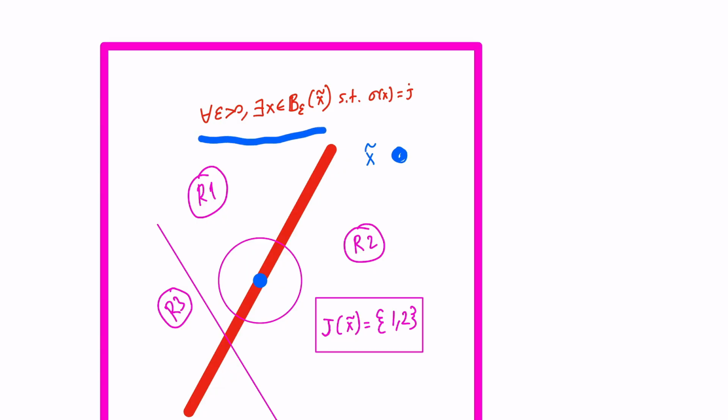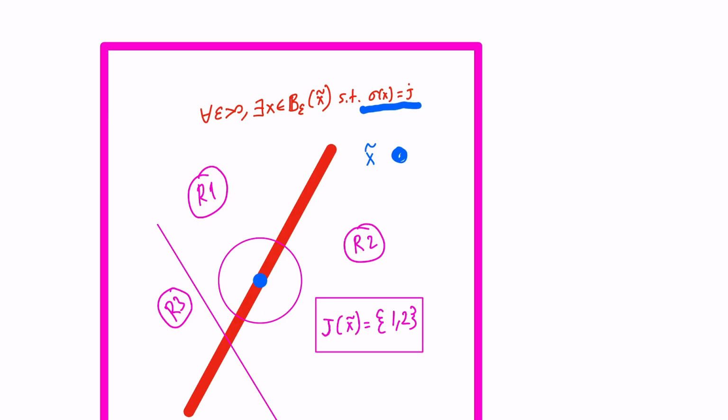That expression basically tells you there exists x which is arbitrarily close to x tilde. So this is the English phrase for this expression. There exists x which is arbitrarily close to x tilde, such that